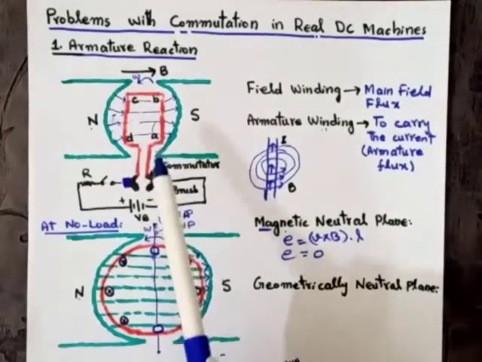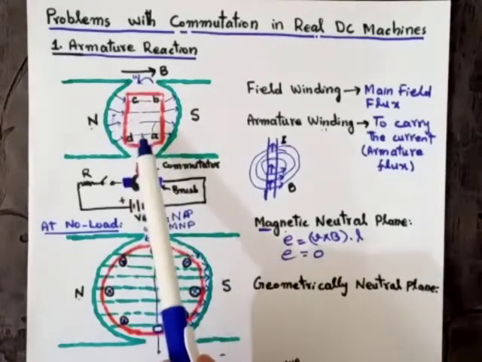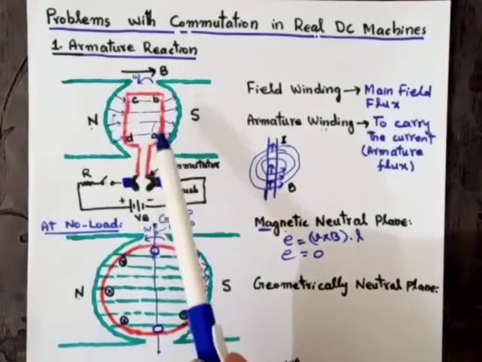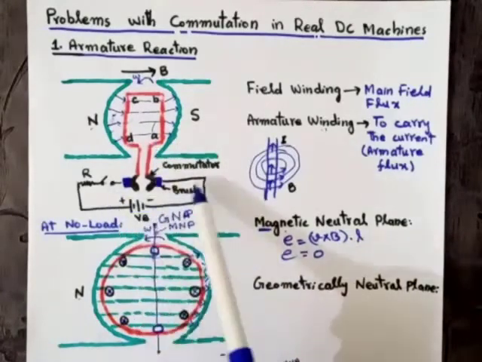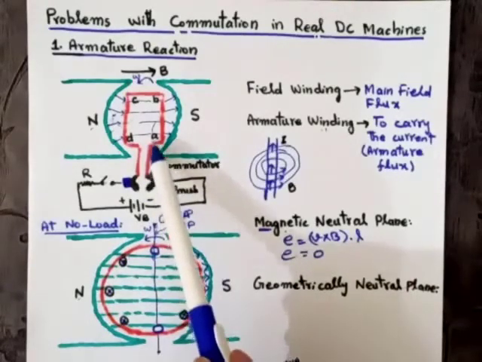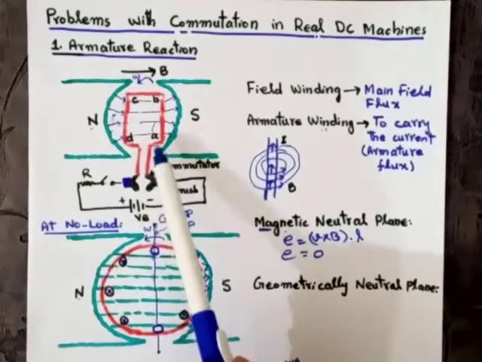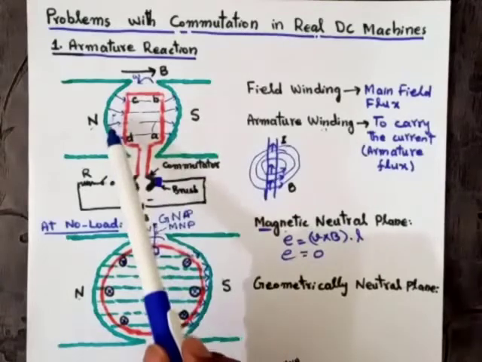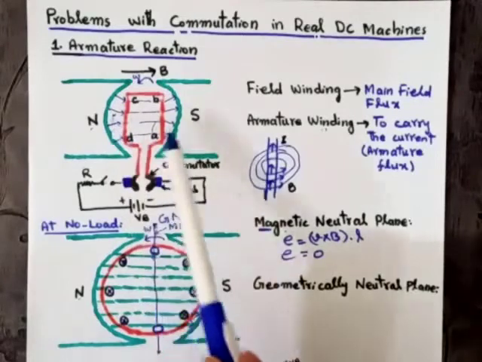When a moving conductor, as you can see in this figure, is placed in a uniform magnetic field, then according to Faraday's law of electromagnetic induction, a voltage will be produced across it. If the circuit is closed, then the current will flow in the loop. Due to this current, magnetic flux will be produced. This flux will disturb the original magnetic field, and this disturbance in the original magnetic field is known as armature reaction.